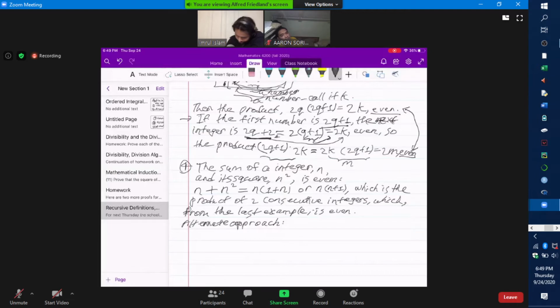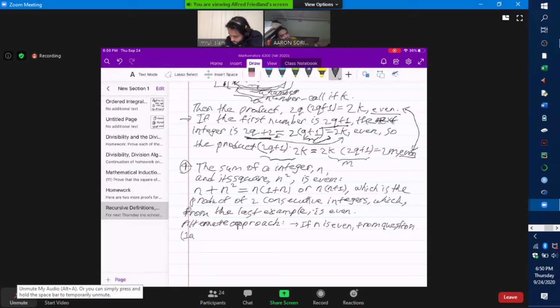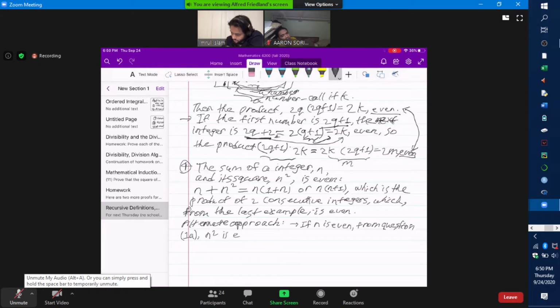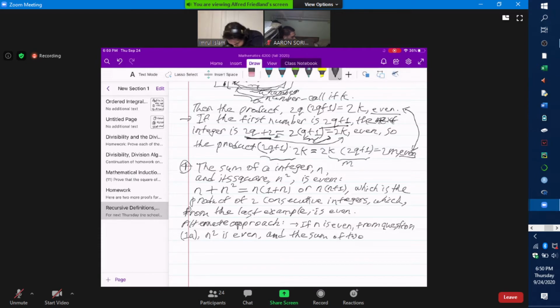So another way to look at it would be to say, if n is even, well then from question 1a, n squared is even, and the sum of two even numbers